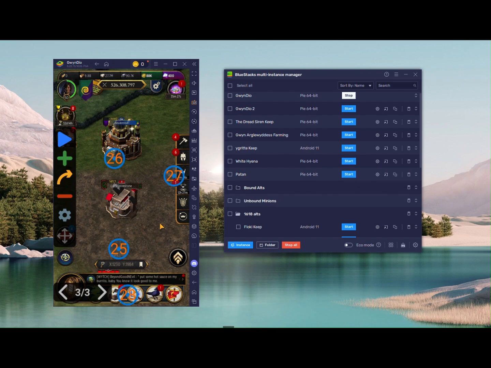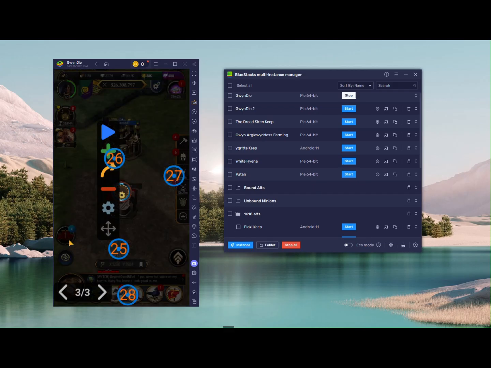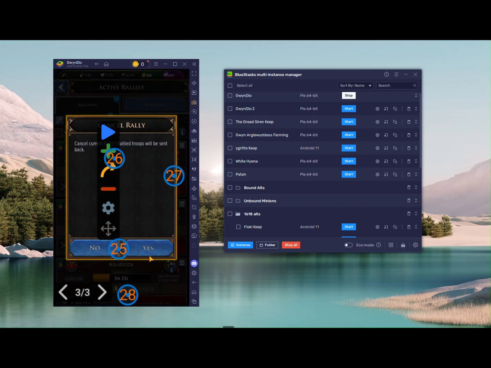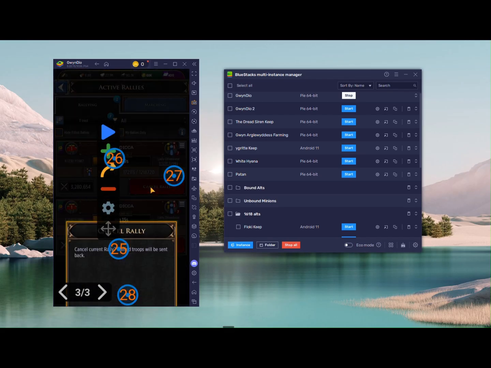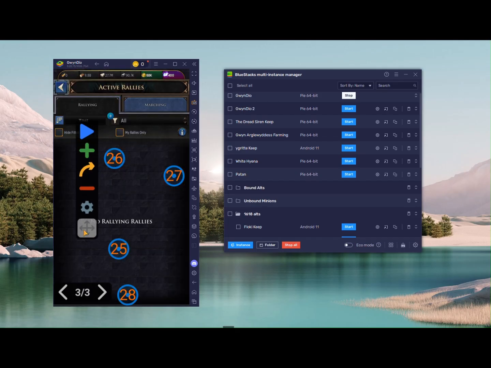All right. Now, meanwhile, check this out. You can see my rallies are all set. So watch what happens here is I'm going to go ahead and cancel all of these rallies for now. And then this is what I was talking about, the hide filled rallies, if you're trying to do the option to just join rallies. So when you do